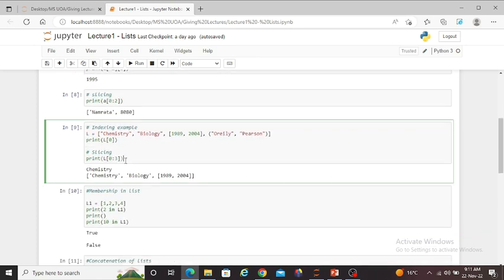Let's see another example of indexing and slicing. So here is a list. It's also an index list, like it is also a nested list. Now if I want to fetch the first element, that is chemistry, I have written the code as